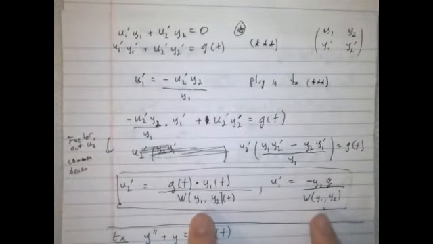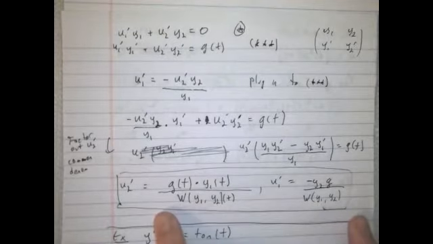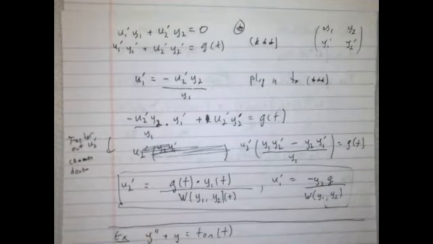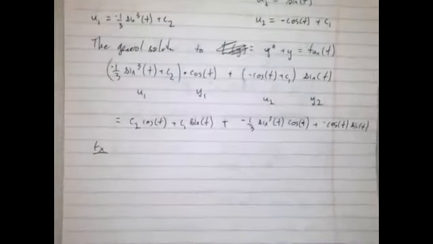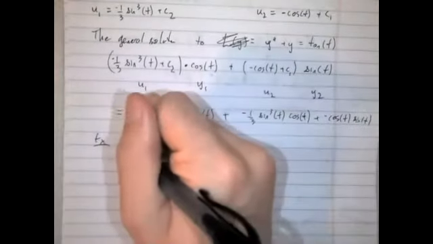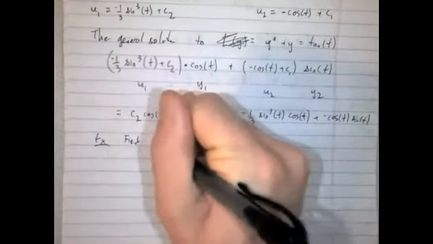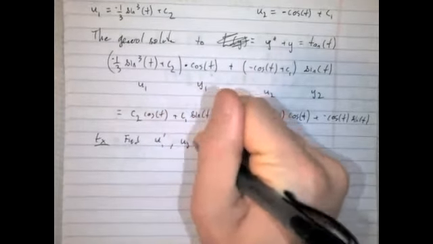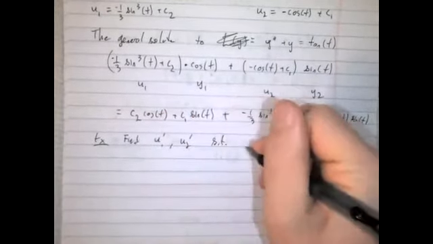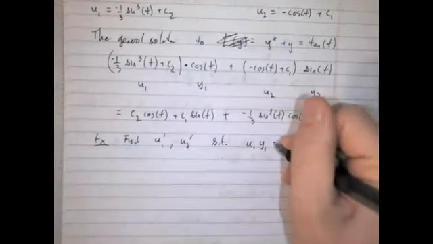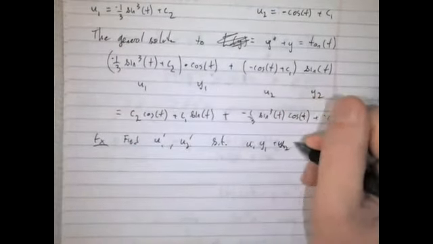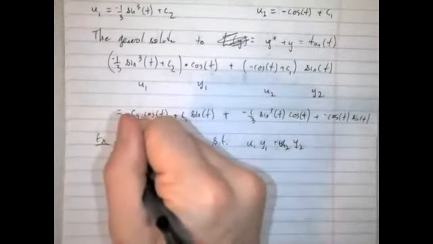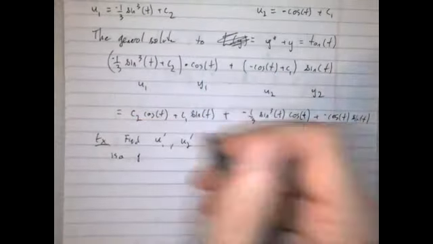But now that I've derived these two equations, you can just use this to immediately know what u1 prime and u2 prime ought to be. So in this case, I would say don't find the general solution, but find u1 prime and u2 prime such that u1 y1 plus u2 y2 is a solution